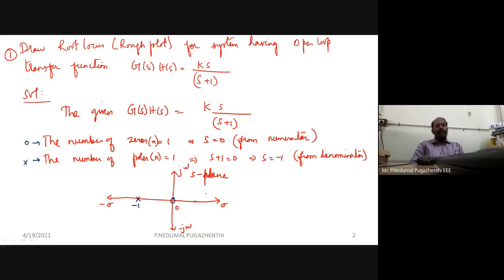Okay, that's the idea. Okay, sir, but we should know, probably I can straight away put the direction of the root locus. It starts from minus 1, it reaches 0, but I should know which path it is going to take, whether it is going to travel by the real axis alone, or it is going to take some other path and then meet the 0 at s is equal to 0. That I have to say.